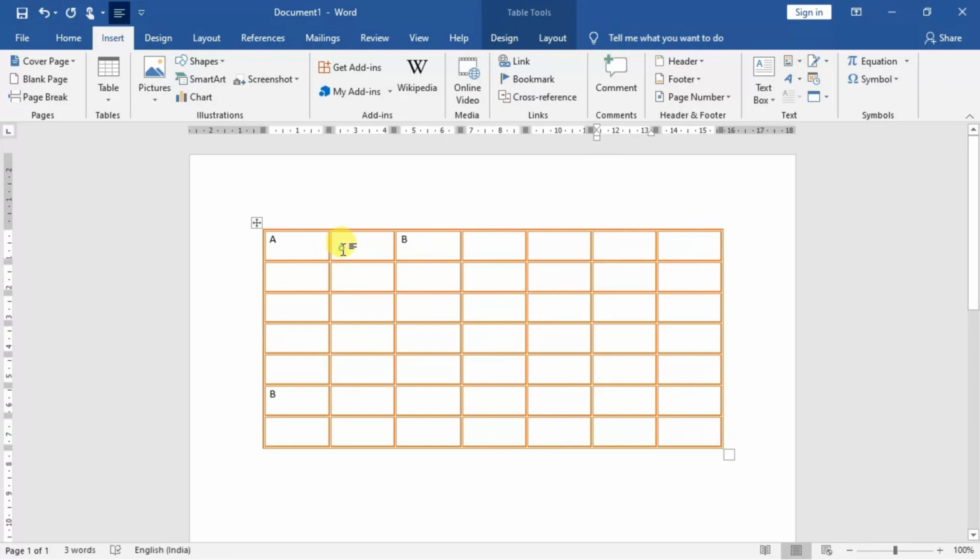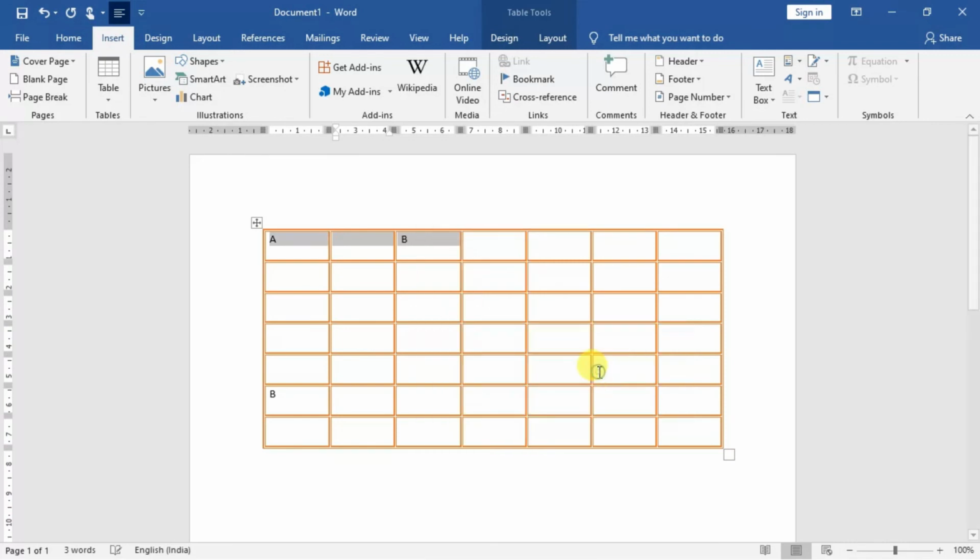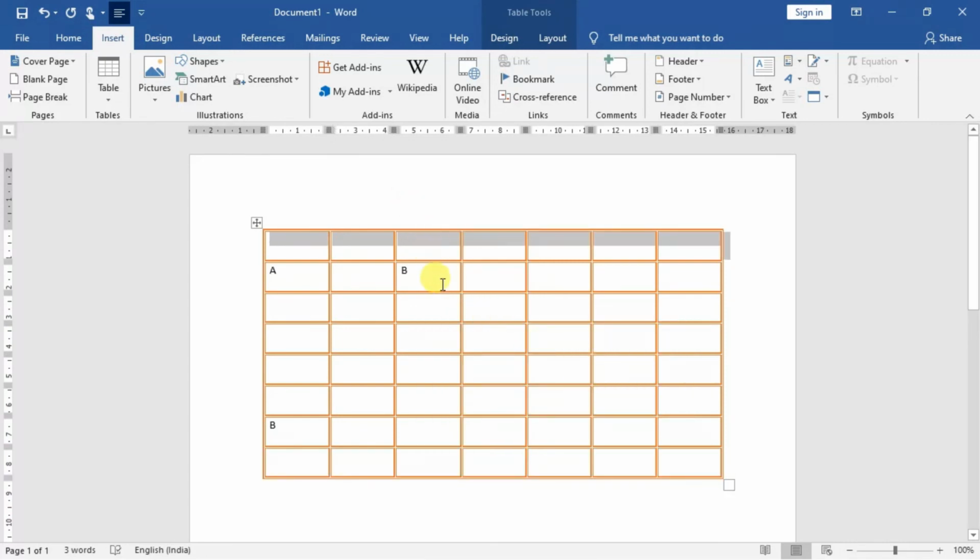So what will you do? First of all, highlight and then right click, then go for insert, then the 4 options. You will get 4 options, and as per your choice you can do it. If it is rows above, you do it, rows above, it will be inserted. Okay,